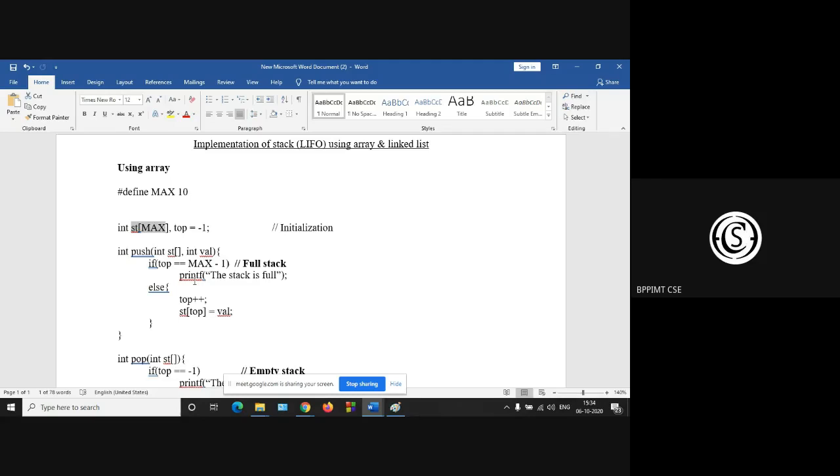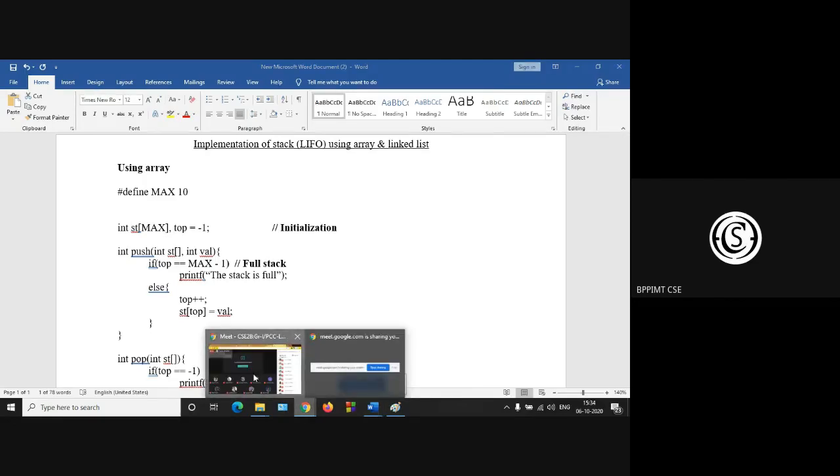In case of array implementation, we are using the st array, but in case of linked list, we are using the single linked list, so there will be data part and pointer part. So how to change this array? Any idea?